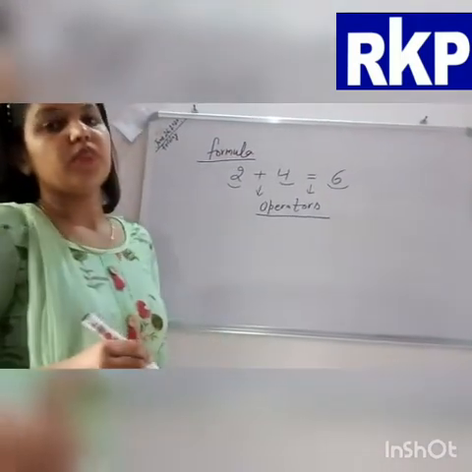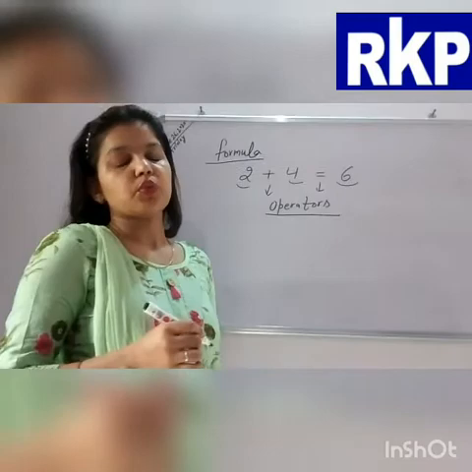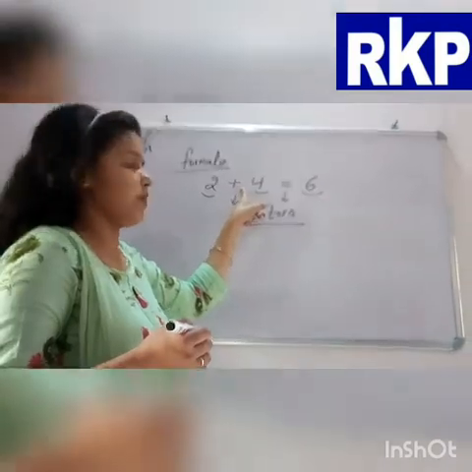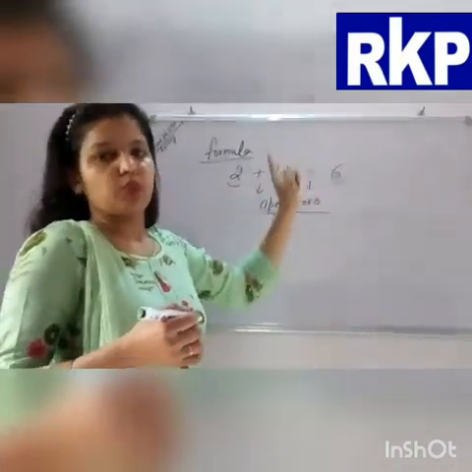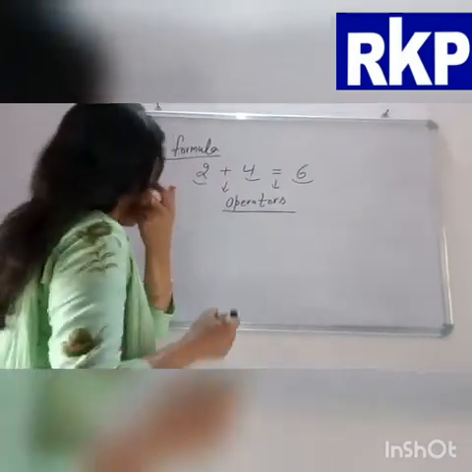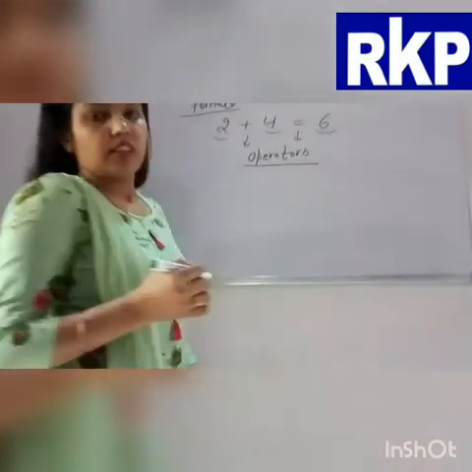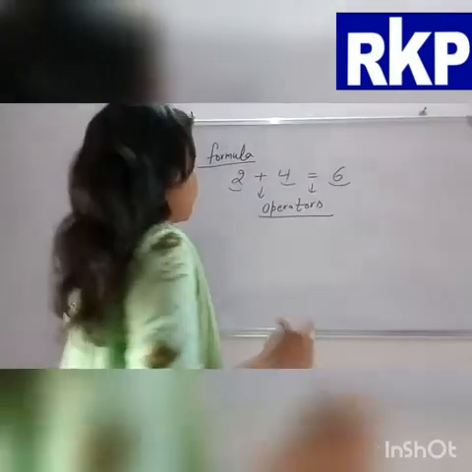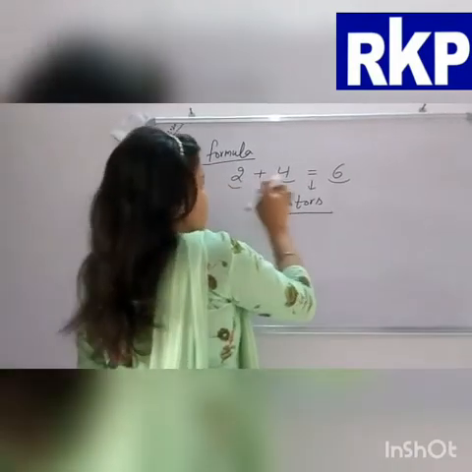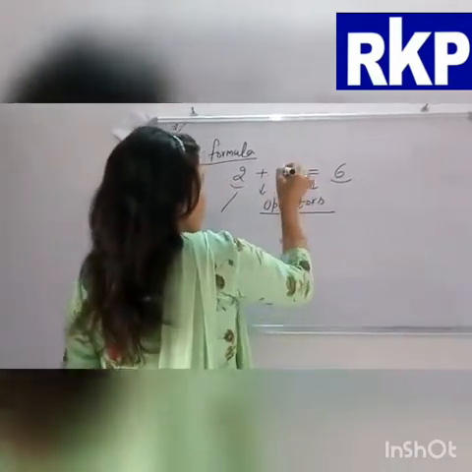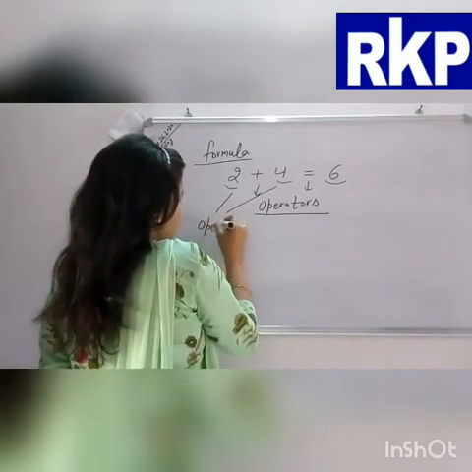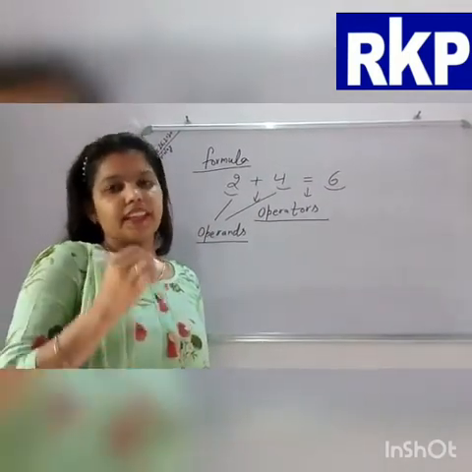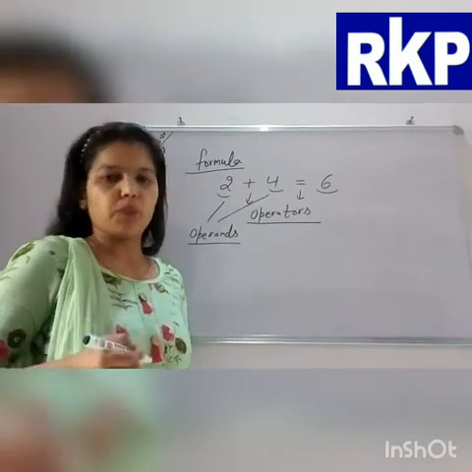These are operators which are used to perform any kind of operation. Like we are doing addition, so the plus operator is used to do addition, and equal is used to assign the values. Operators are special symbols used to perform any calculation. Now come to operands. These 2 and 4 and 6 also are operands, on which operators will perform an action.